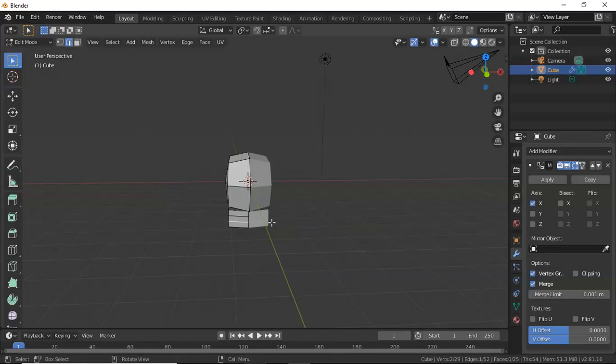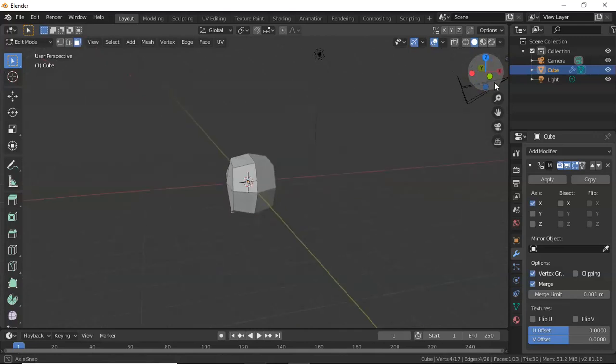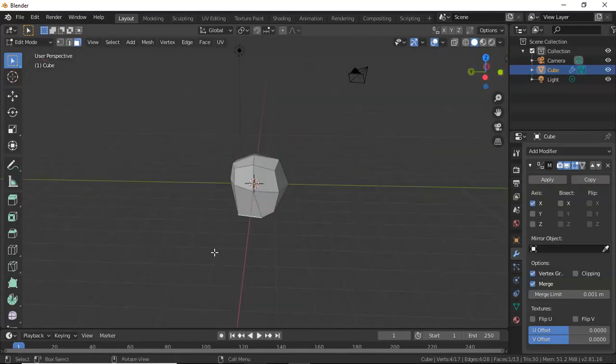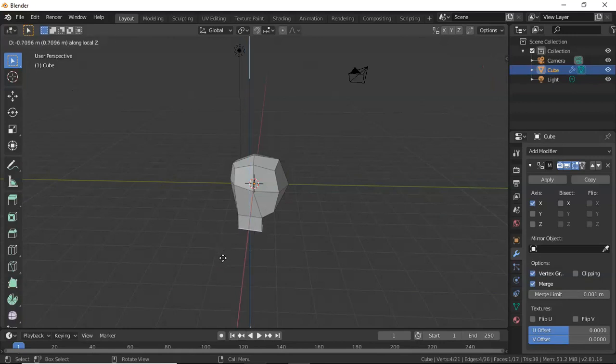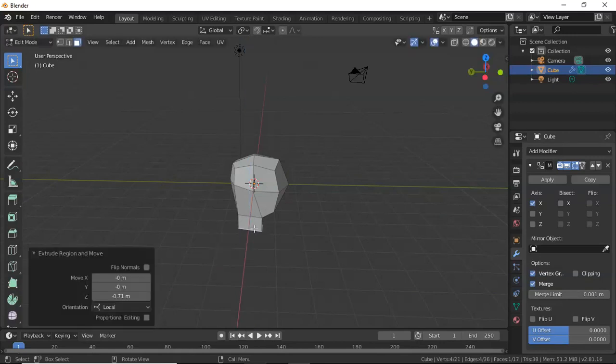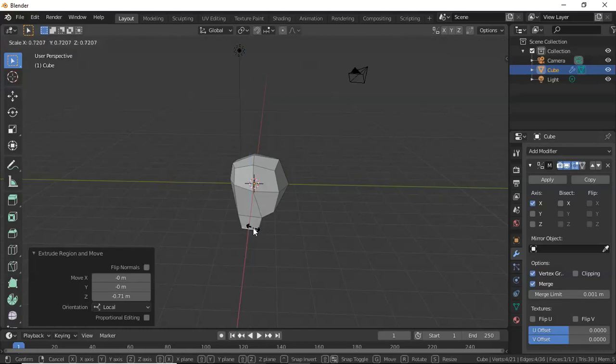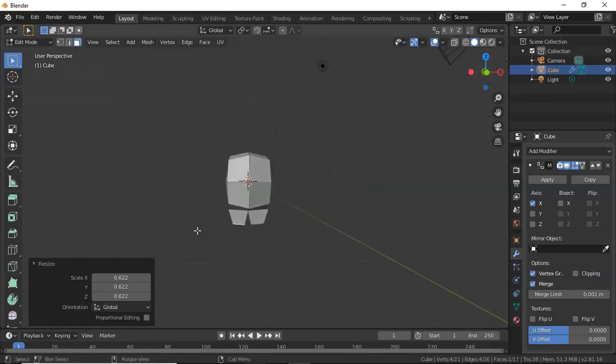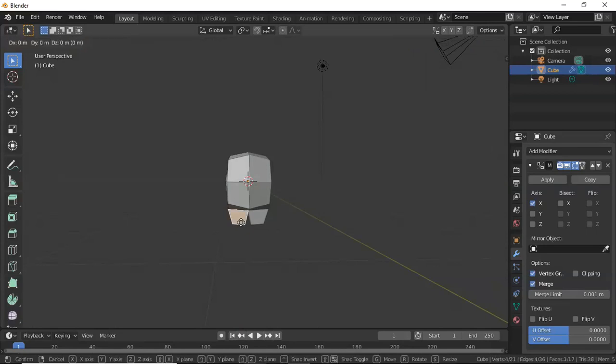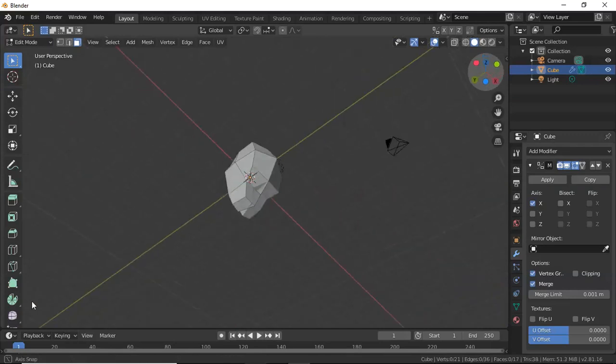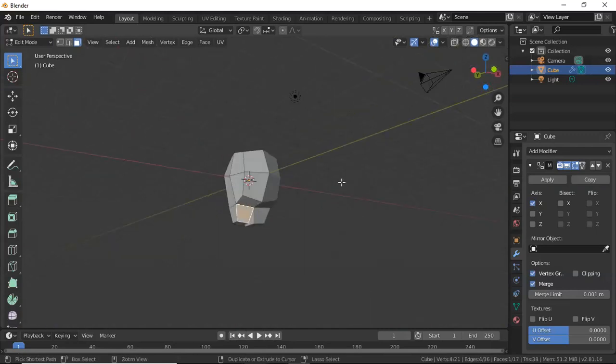Or another way to do that is if I just click E and Z like that, and then if I press scale, it is going to taper the extrusion a little bit like this. As you can see, they are not sticking. So what we're gonna do is we're gonna press G and then X and move it together. Okay, that clearly did not work. So we're gonna leave it like this, and